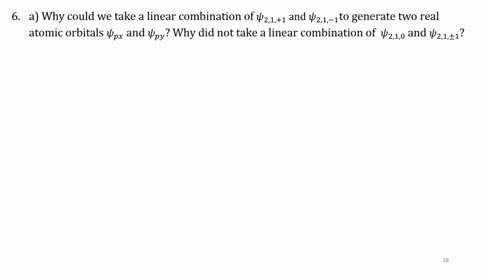We can't take a linear combination of 2 1 0 and 2 1 plus minus 1. Obviously it is not going to yield you the real function, but also you need to look at it in terms of the orbital angular momentum or something like that. Okay,